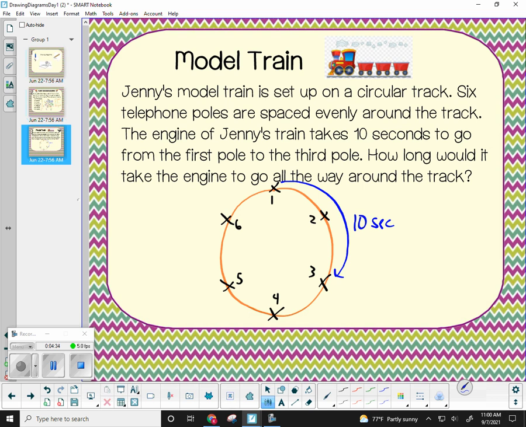Okay, so we're going to assume that train keeps that same pace. So it went basically 2 spaces, right? So how long is it going to take to go 2 more spaces? 10 seconds. Another 10 seconds, and to go another 2 spaces, 10 seconds. That's the whole track. So that's a total of 30 seconds. Another way we can solve it is you take the fact that 1, 2, 3 can be divided